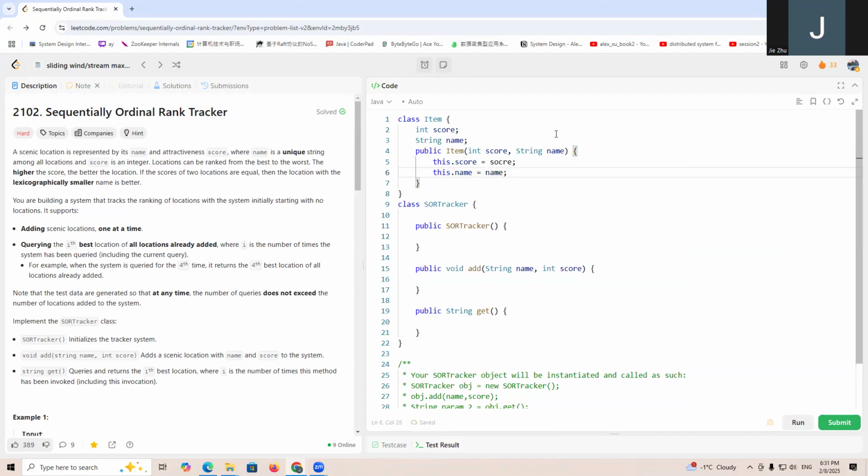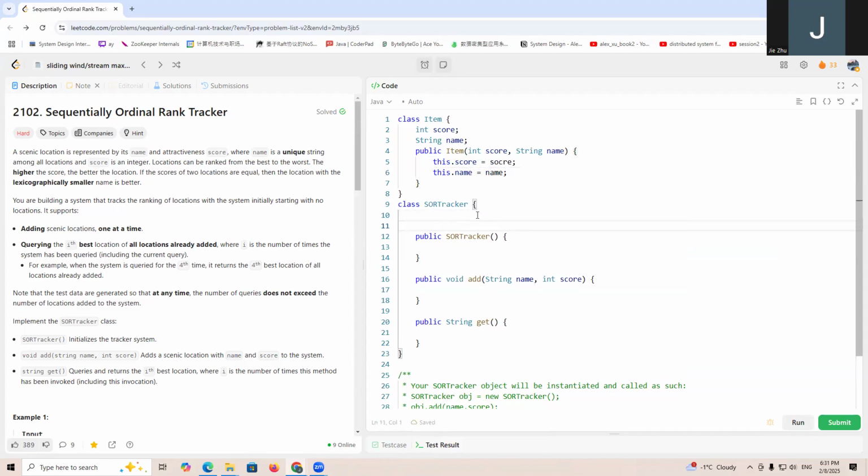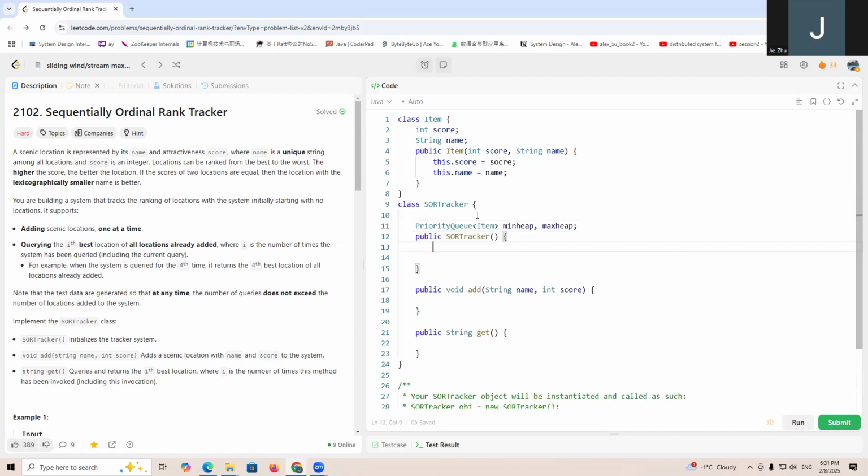So we need two priority queues. One is a min heap, another is a max heap. Priority queue of Item, min heap and the max heap. So for the min heap, it will be a new priority queue. Let's say A, B, right? So if A.score equals B.score,